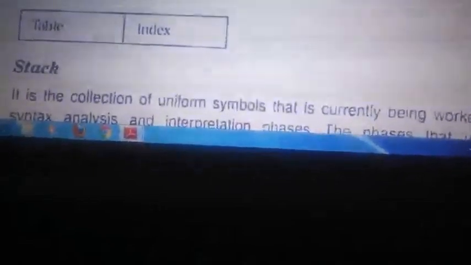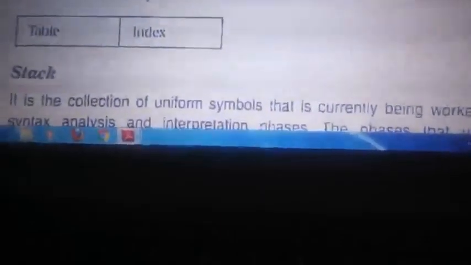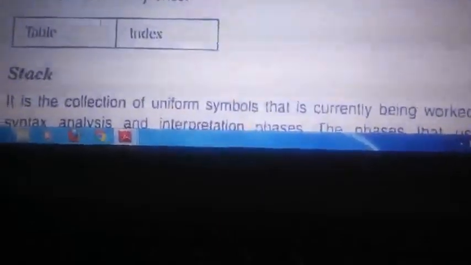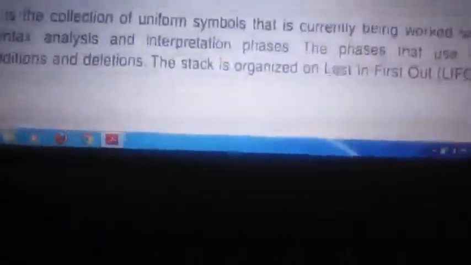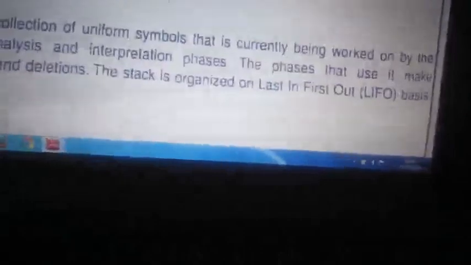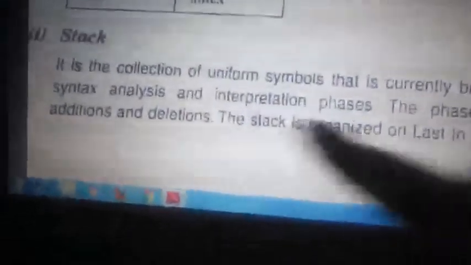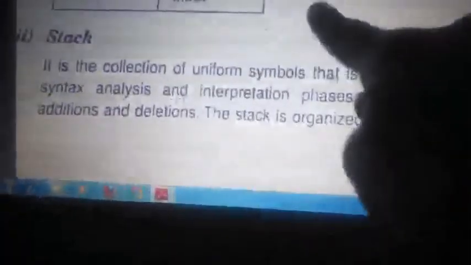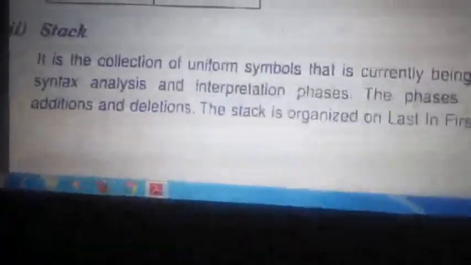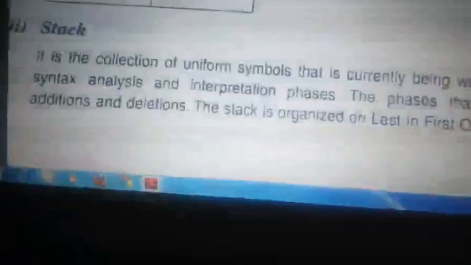Next, to check this, we use the stack. We know that last in, first out is the procedure of a stack. So whatever we enter, the last entered will be at the top of the stack, right? Because it is on a LIFO basis. This is used to analyze the syntax, meaning match the stack top. If it matches, then call the subroutines. For that reason we use this stack.